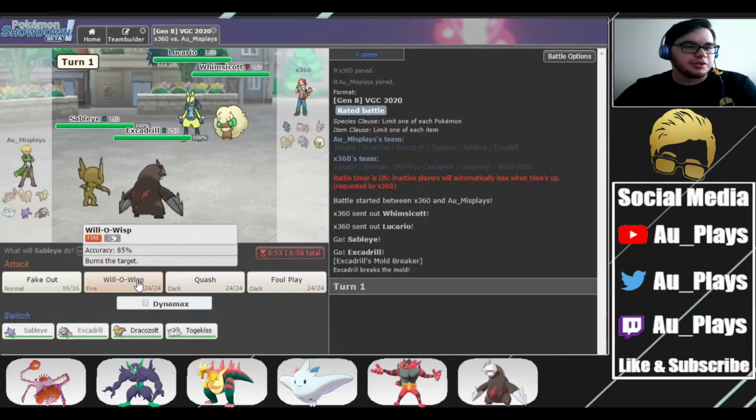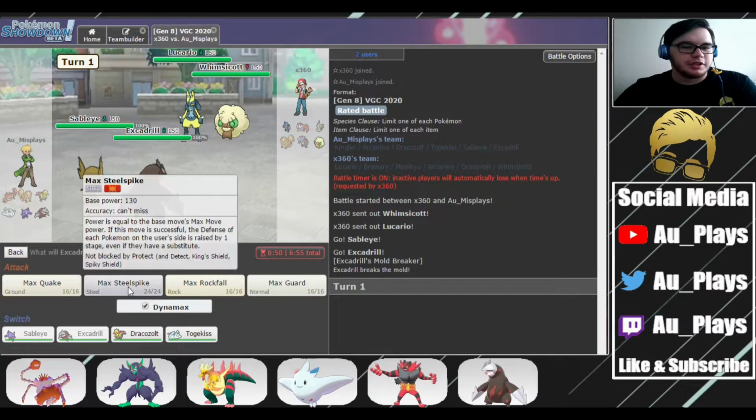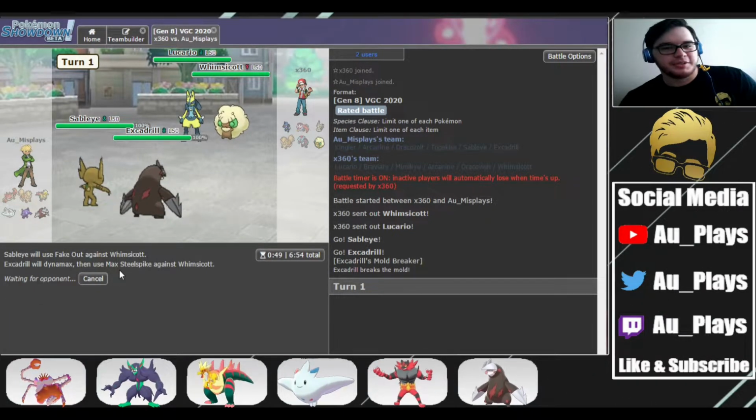Alright, so they lead Whimsicott and Lucario, which is great for us. We can just Fake Out that Whimsicott, and we are actually going to max Excadrill. I know I said I didn't want to, but... I don't want them to start like...